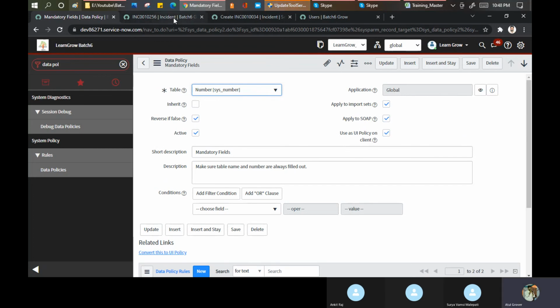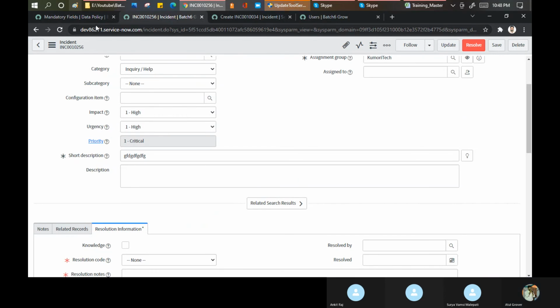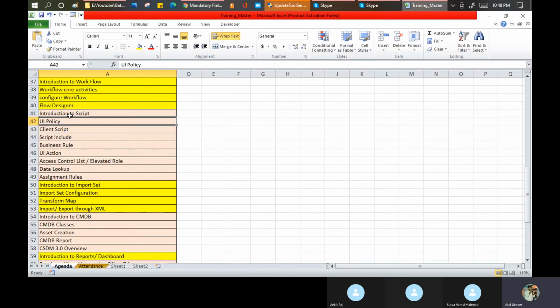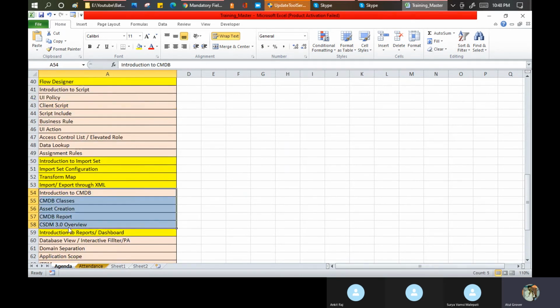अब यहाँ पर ये आपके लिए ये client की तरह काम करेगी, client script की तरह काम करेगी, not as a UI policy की तरह काम करेगी. And UI policy is the client side scripting. ठीक है, we will discuss in the scripting topic. You can see here. We will discuss. Maybe tomorrow I can start the scripting part. Let's have a detailed discussion on the scripting, because in this I will tell you a high level part, not on the depth. Okay, and next week we'll start with the CMDB things.